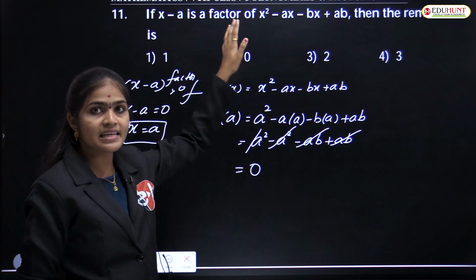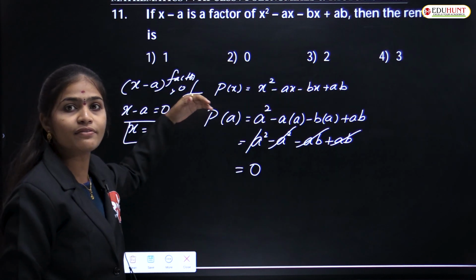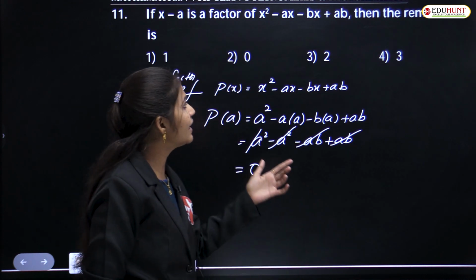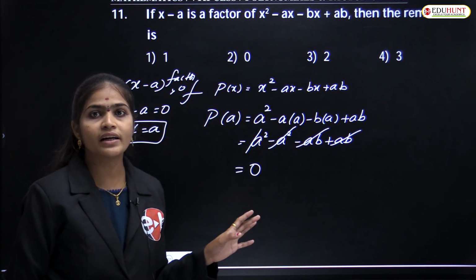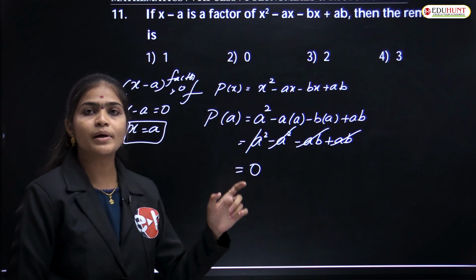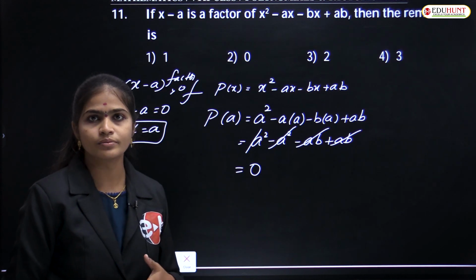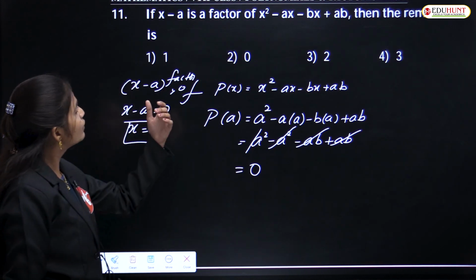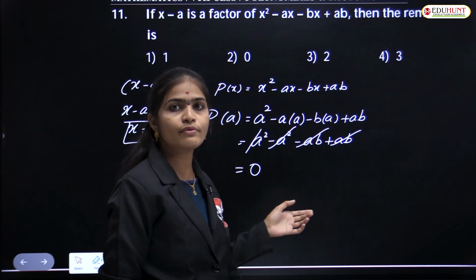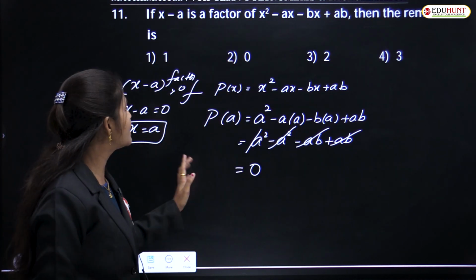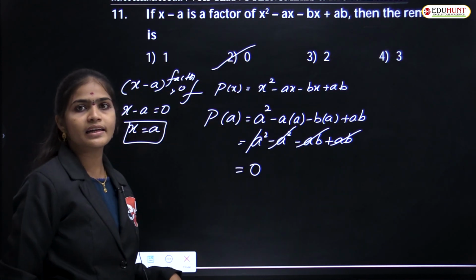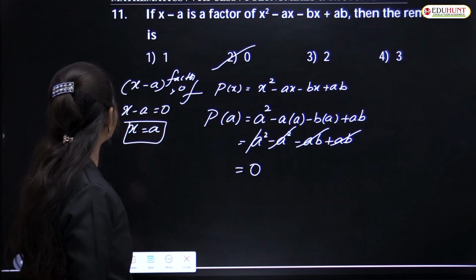Wherever x minus a is a factor, it means it divides exactly. So we can say something about the quotient, but here the remainder is always 0. For a factor that is directly given, the remainder is always equal to 0. So by just seeing it we can say that, or else by using this process we will get the same result, that is 0. So which option is correct here? Yes, option 2 is correct. Okay, so let us see the next question.